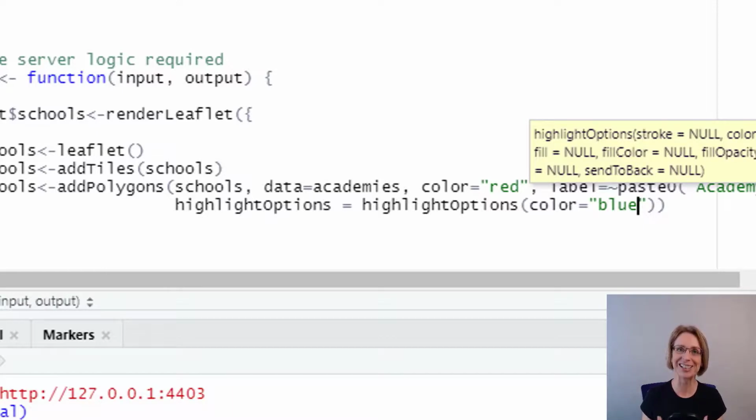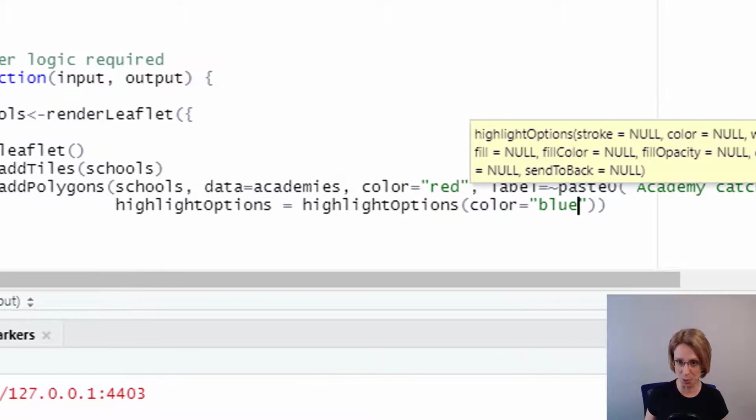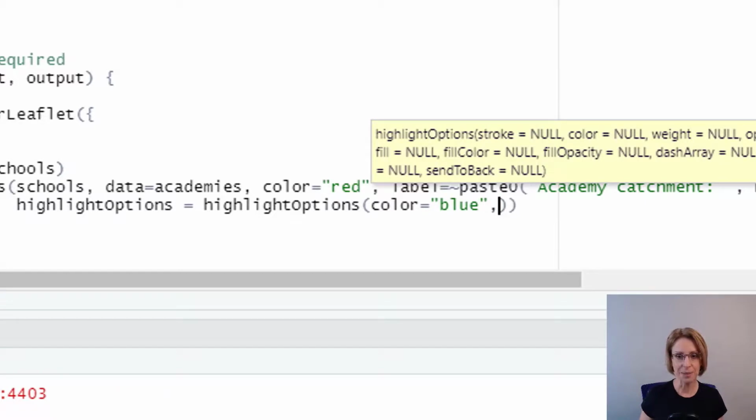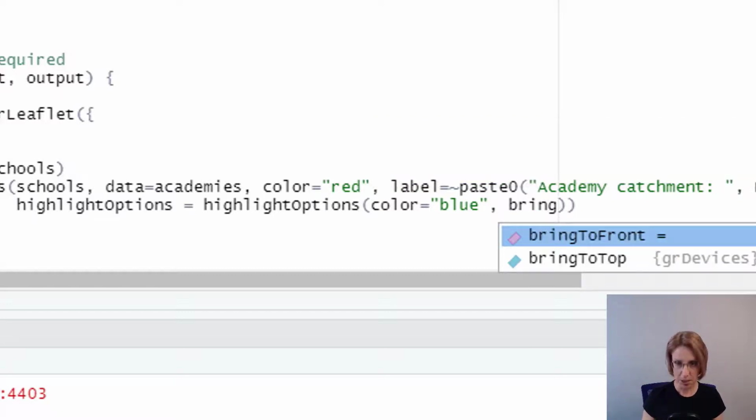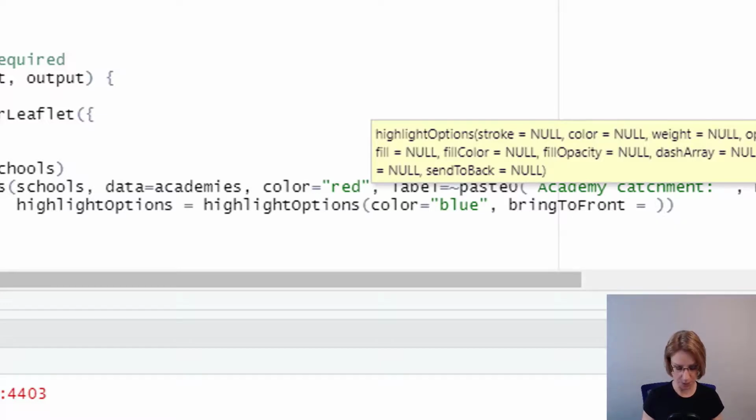This will all be a lot clearer when I rerun the app in a moment. Then put a comma. Then I want it to look like it's coming forward. So we type in bring to front equals, and we put in true, comma,